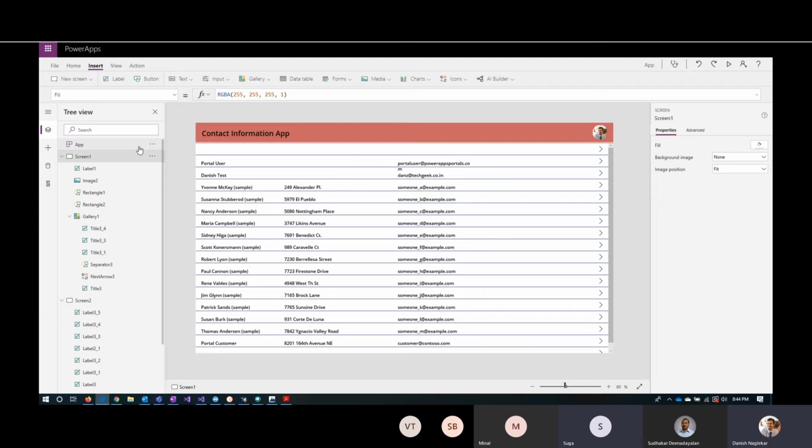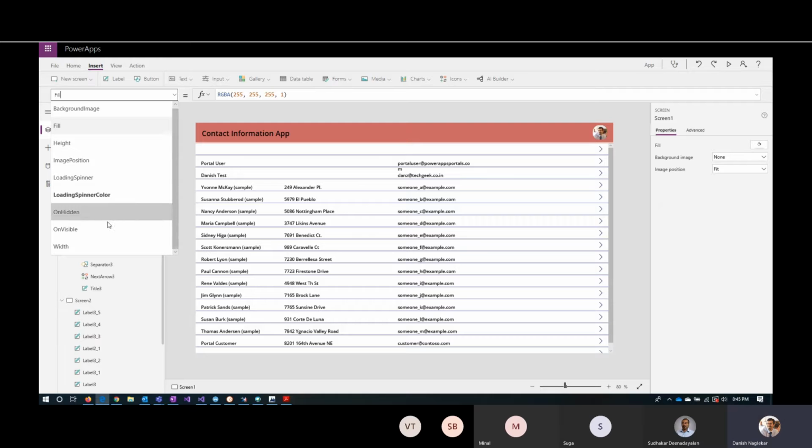Okay. So did you get the part of two variables, right? So how to set those variables? Whenever I'm declaring a global variable, I normally recommend people to declare them in one single position. That would be your App OnStart. Any global variable that you have, you will be declaring it on App OnStart and then using it throughout the application. If you have any local variables, then you will be declaring it on the